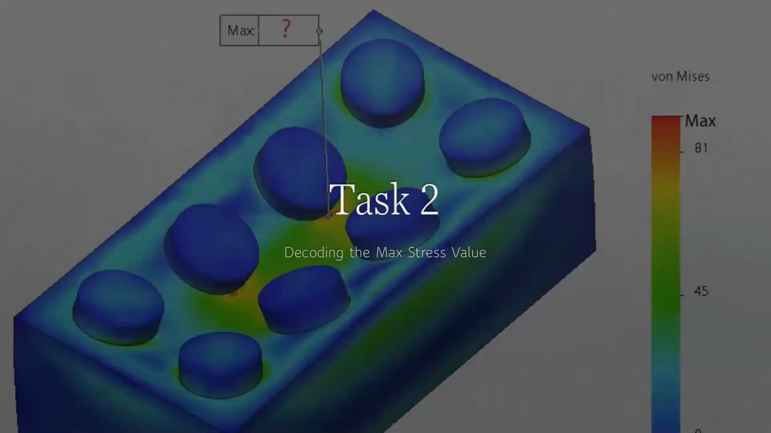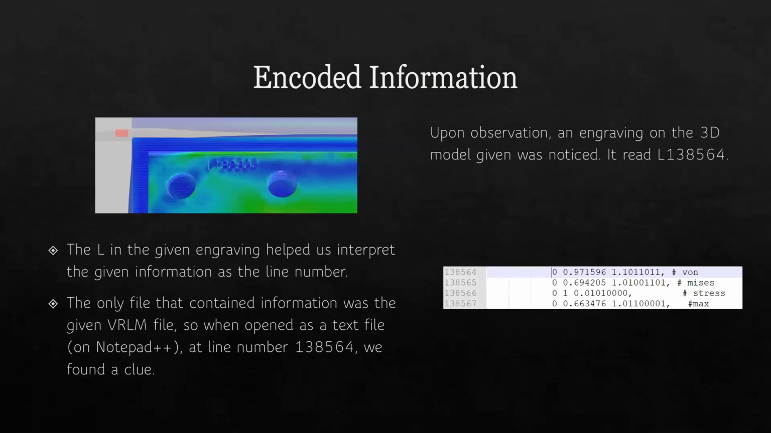Now, the next part, the most important part of this thing, was the maximum stress value and the dimensions of the value. We were not to make any assumptions, so we directly went ahead with trying to find out everything we could from the given data. So the engraving in the bottom had a line number that was mentioned. When we went and checked the line number in the WR file, when we opened Notepad++, we found out that